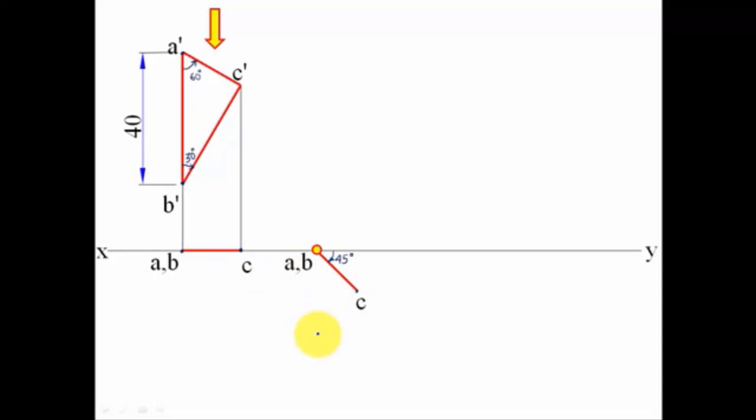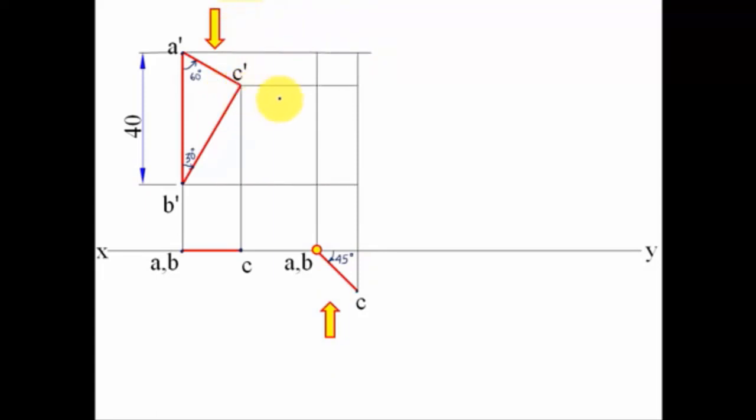Now let us take a look at this case from the front. Here we go. Let us have the projector lines from bottom to top and from left to right. So these are the intersection points. This point is going to be point A dash, horizontal for A, vertical for A. That's point A dash. This is the vertical for B, horizontal for B. That's point B dash, and this is going to be point C dash. Simply let us join all of these points with the help of simple lines, closed object.